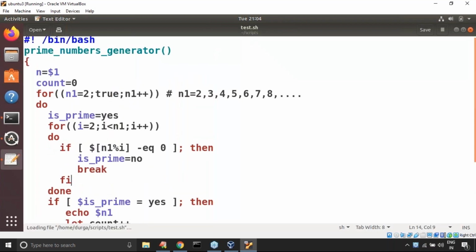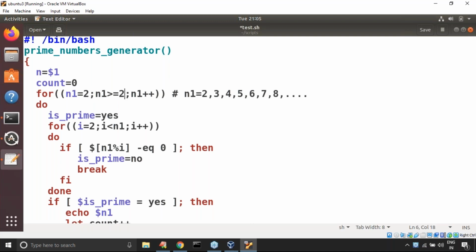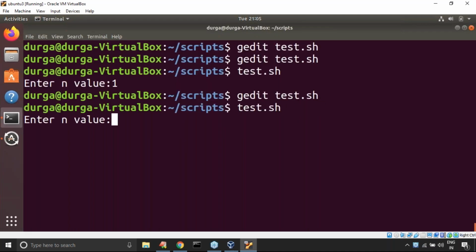We are missing something somewhere. I is equal to 2. n1 is equal to 2 onwards. Maybe the problem is with this true infinite loop. Like what I'm taking, n1 greater than or equal to 2, sir. Yes, n1 is greater than or equal to 2. This condition is always satisfied. Yes, 2. Perfect. It's working.